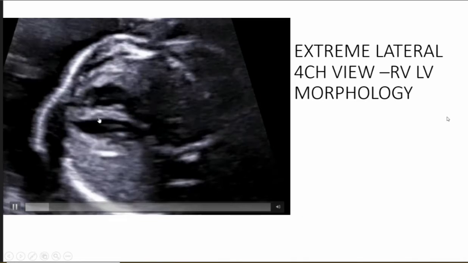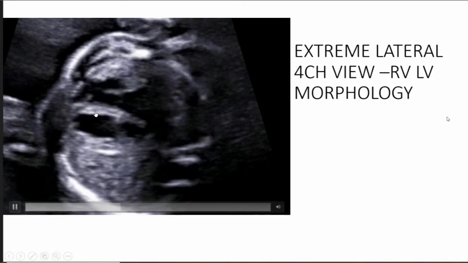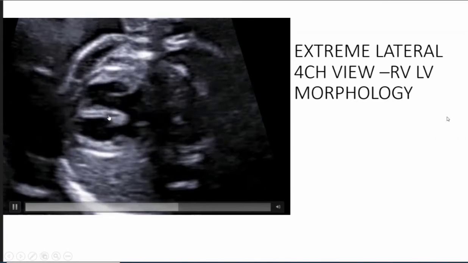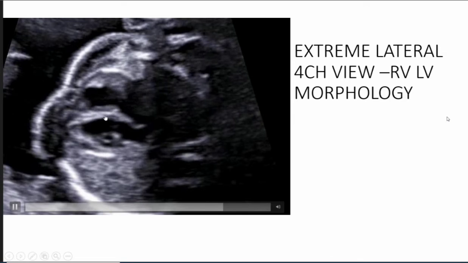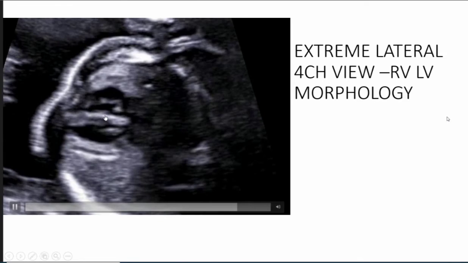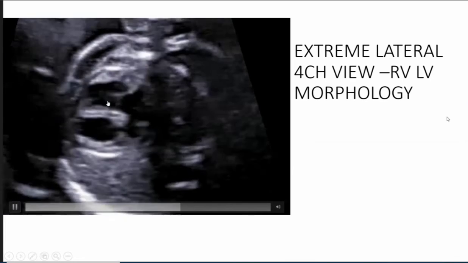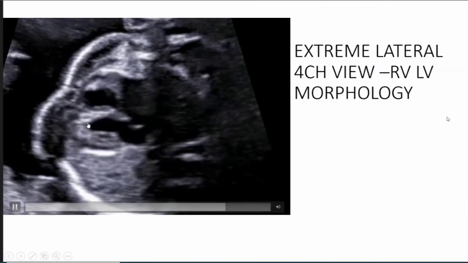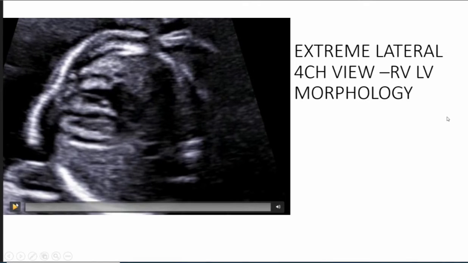Now this is a far lateral 4-chamber view, where the interventricular septum is seen as a thicker structure. It will rule out a doubt of an inlet VSD. If you observe the thicker structure, on either side it has papillary muscles. The right ventricular papillary muscles will enter the interventricular septum. Left ventricular papillary muscles will go to the apex of the heart.